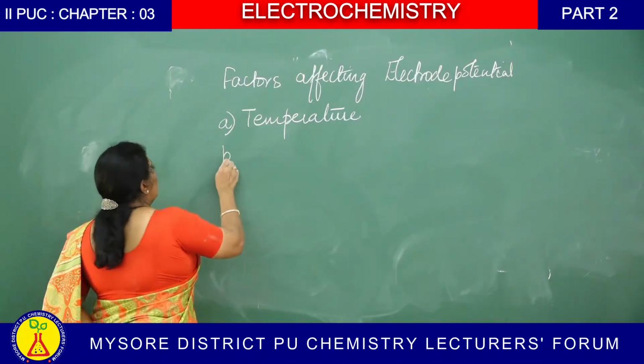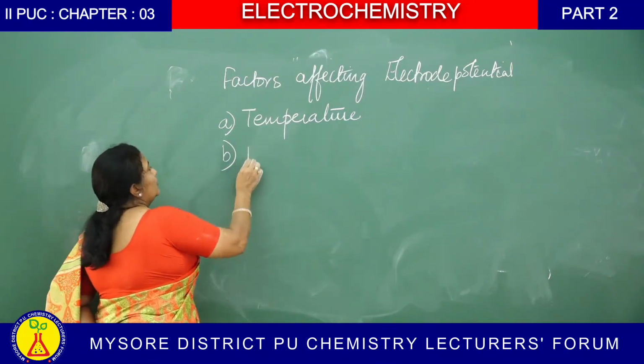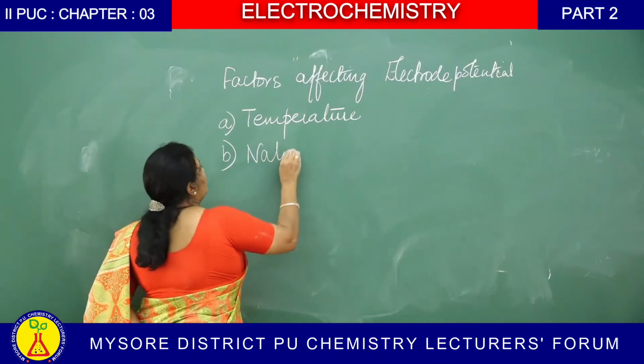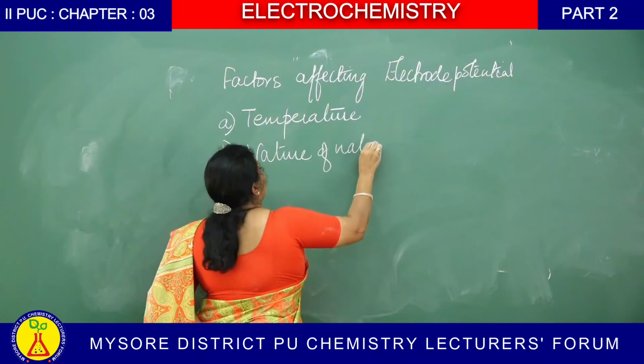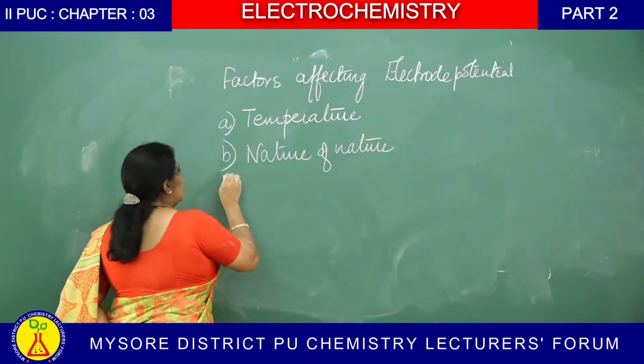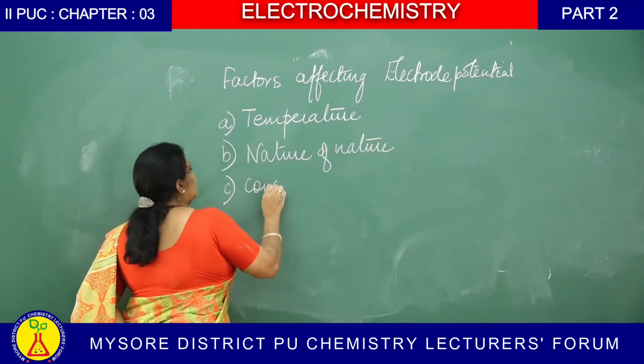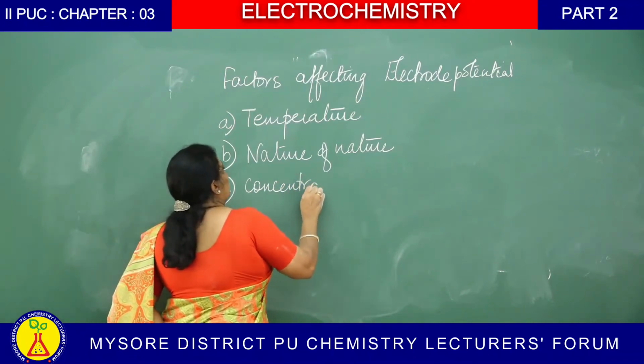Then B, it is dependent on the nature of the metal, C, the concentration of the metal ions,